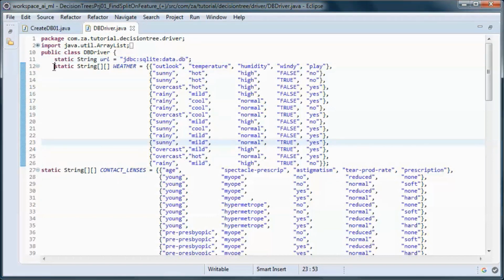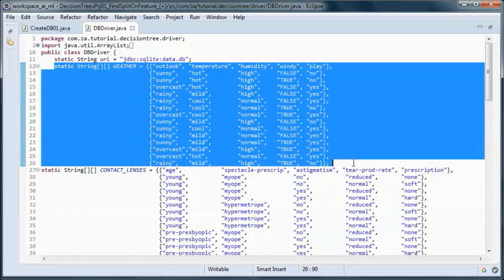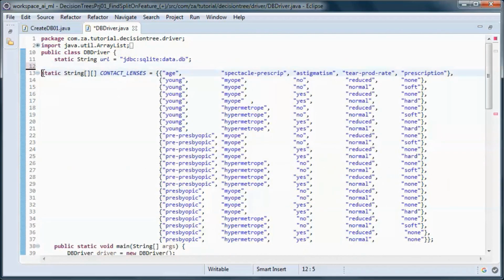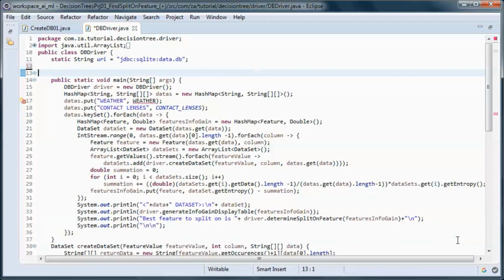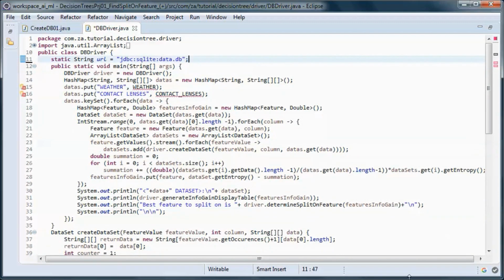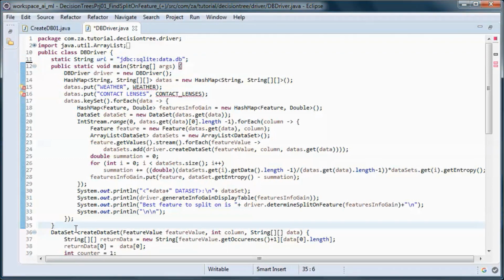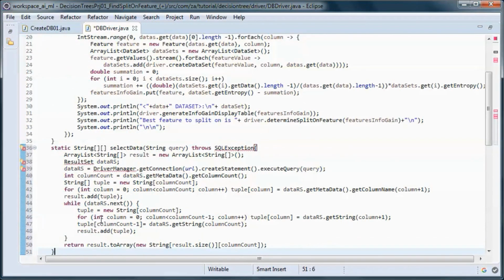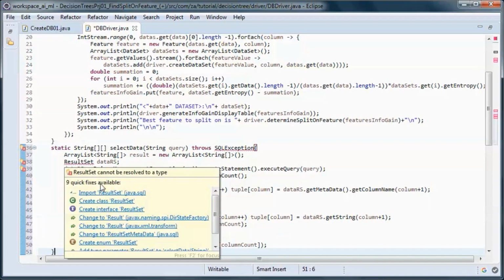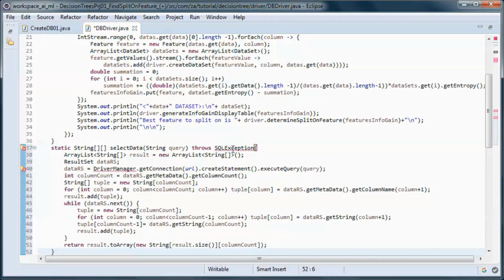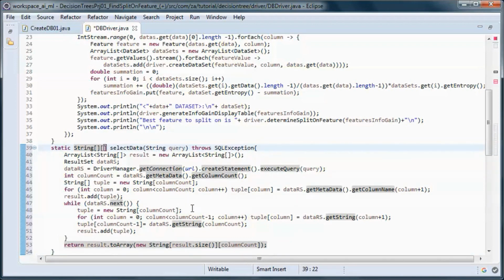And let's take out this hard-coded data, and instead let's have this method that takes in a query and returns a two-dimensional array containing the data picked up from the database.